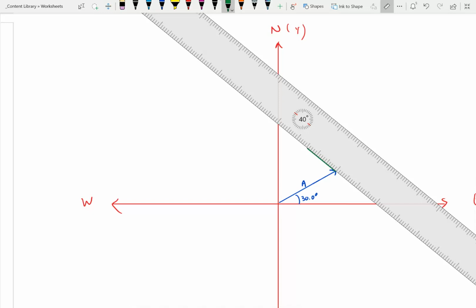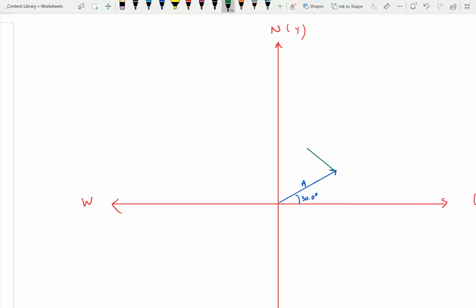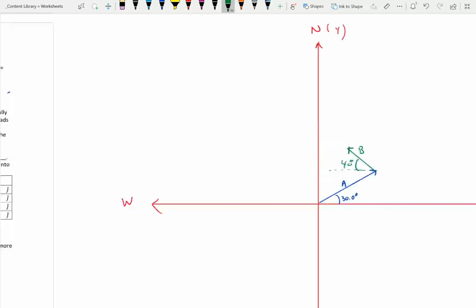Well, I'm going to live with it because that's as good as I can get. So there's my vector B. And that was 40 degrees. And then my vector C is going to be at